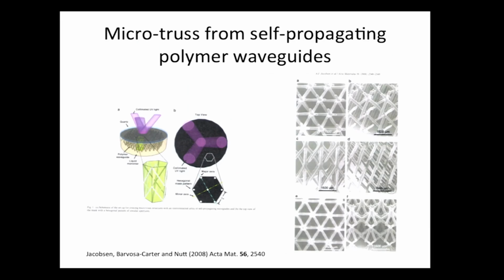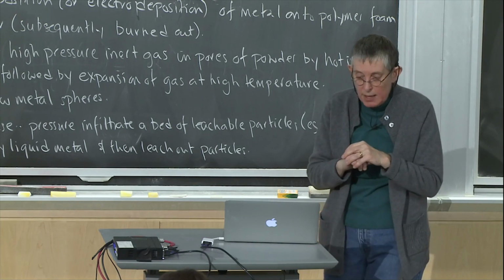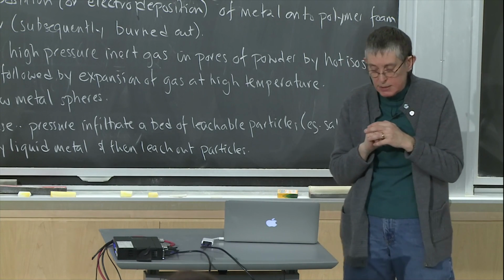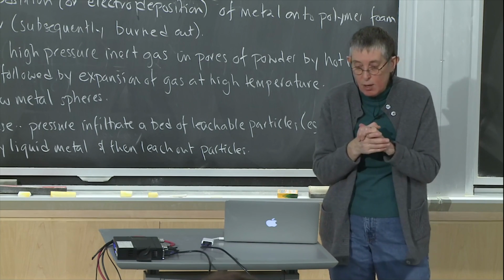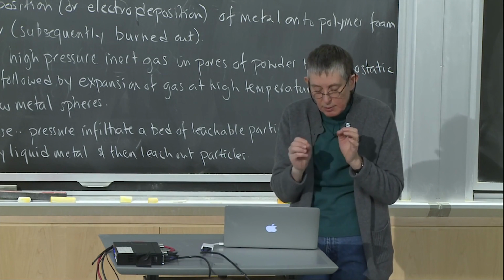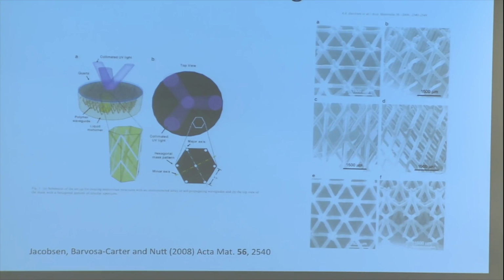And another clever way that was developed was by taking a monomer that's sensitive to light. So you take a photosensitive monomer, and you put a mask on top of it, and the mask has holes in it. And then you shine collimated light on it. So you shine, say, a laser on it, and the light goes through the holes in the mask, and it starts to polymerize the polymer because it's photosensitive. And then as it polymerizes and becomes solid, it acts as a waveguide and draws the light down deeper into the monomer.